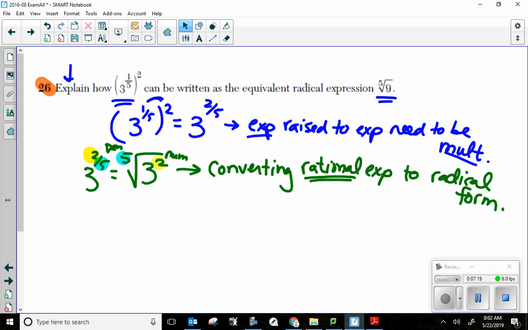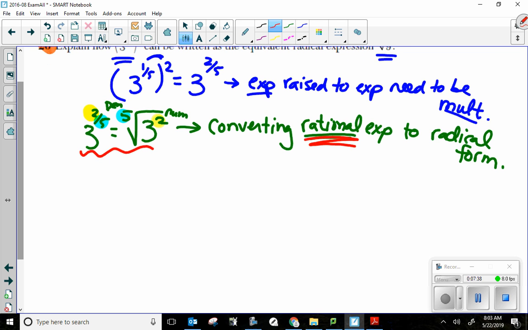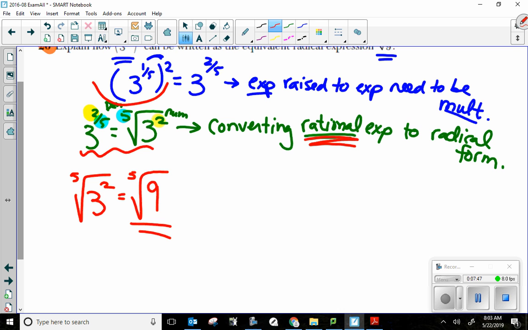Okay? On the test, you should say when you're converting a rational exponent to radical form, okay, you can just say the numerator. In fact, what I wrote is fine. How are these two equal? Because this is the rule for converting a rational exponent to radical form. All right, that's the next thing I do. Now, the last thing I do is I take the fifth root of 3 squared equals the fifth root of 9. And now I'm done. I have started with this, and I've ended with this. And my last thing is I can just say because 3 squared